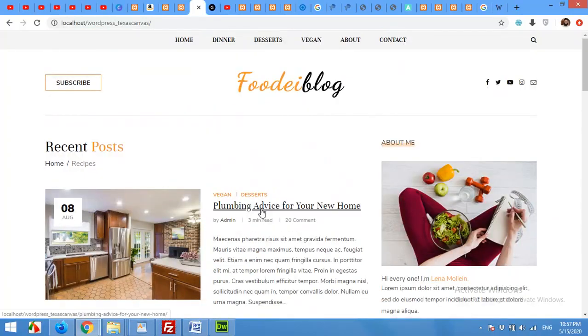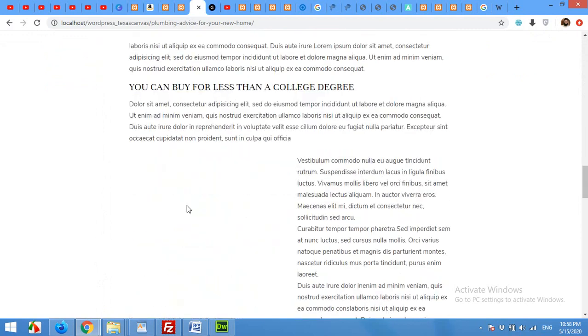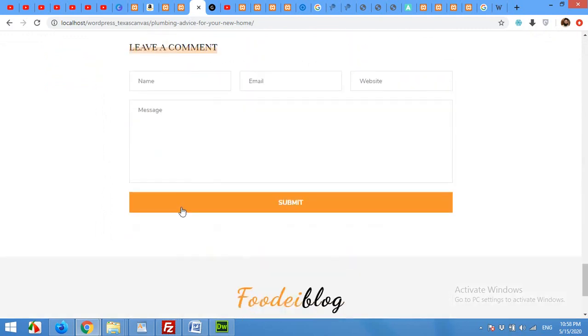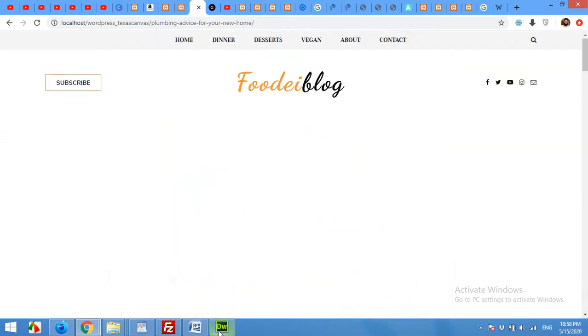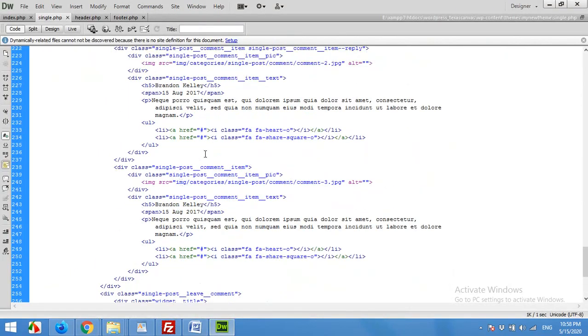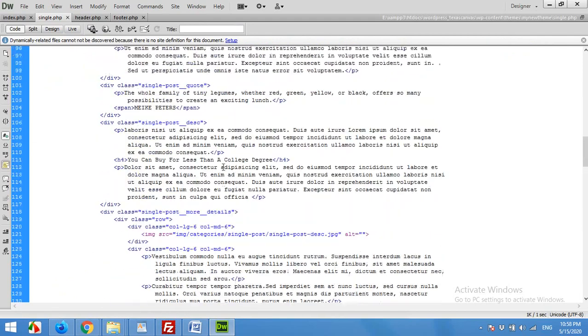Now click on single page, but the single page will be static, only header and footer are dynamic because they are the same in single and this home page. As you can see, the images are not visible, which is the same problem as the previous one, because we never modified our single code yet. So now for the single page,